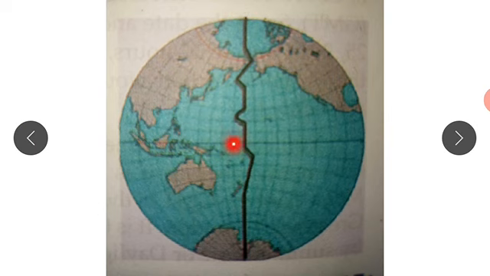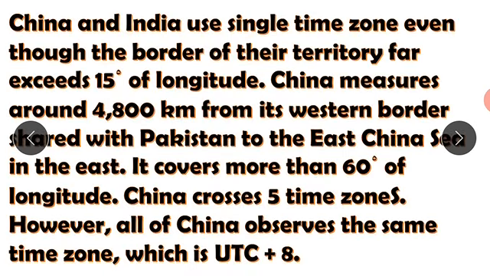So this is the international dateline. China and India use single time zones even though the border of their territory exceeds 15 degrees of longitude. So it means that if they exceed, some part of the country is supposed to have a different time zone, but in this case,